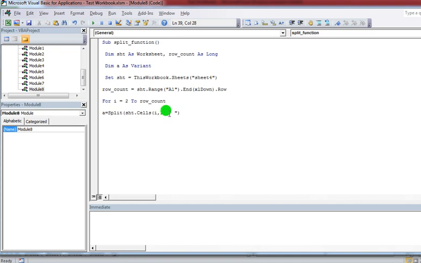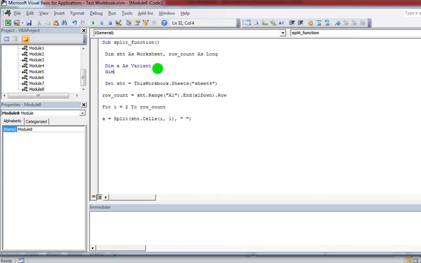Now I'm declaring one more variable, of type Variant, to find the maximum size of the array.